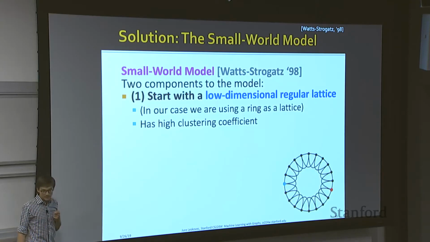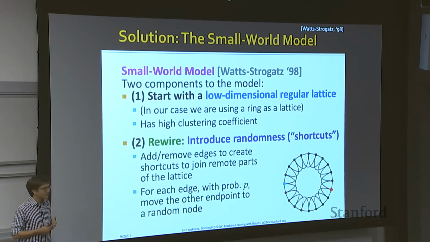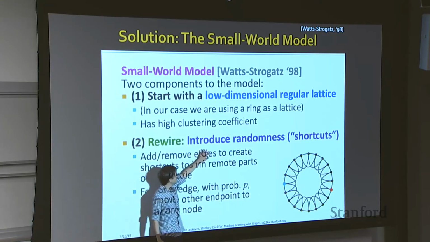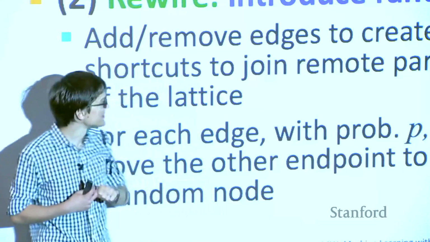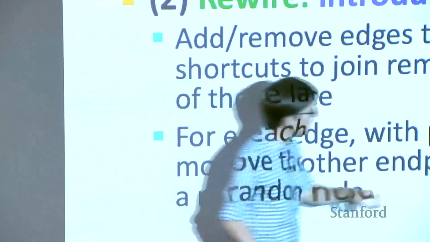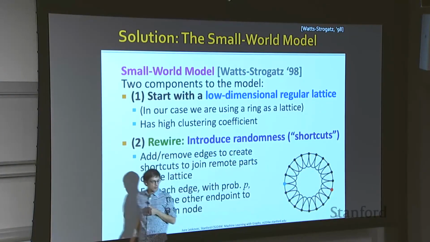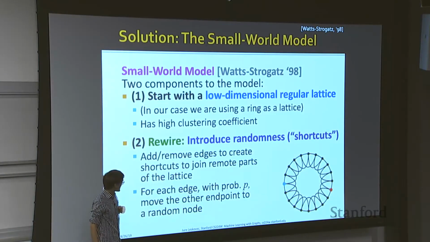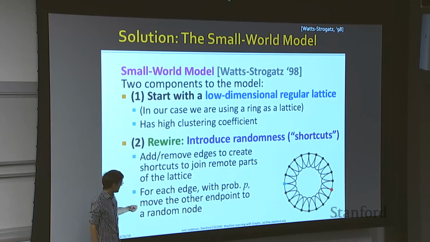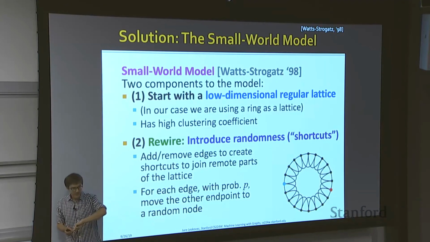Okay, but what we will do then is we will have this rewiring phase where we will introduce just a bit of randomness. What this means is we will pick random pairs of nodes and we will rewire their connections. So this means that for each edge with a small probability p, we will rewire the other endpoint to